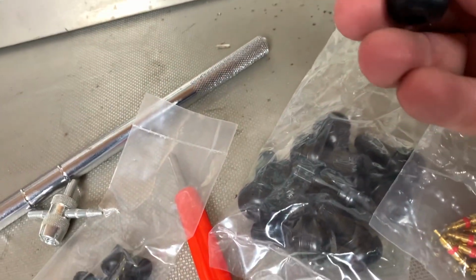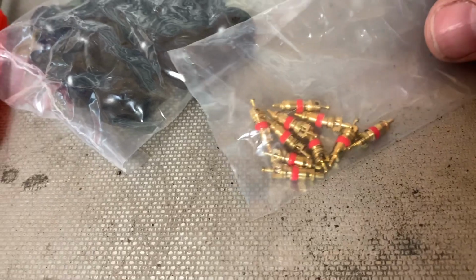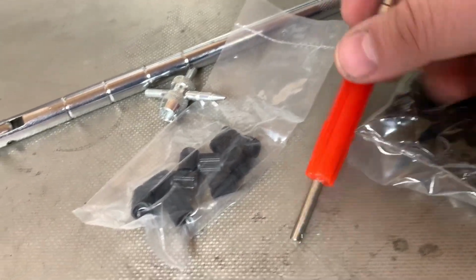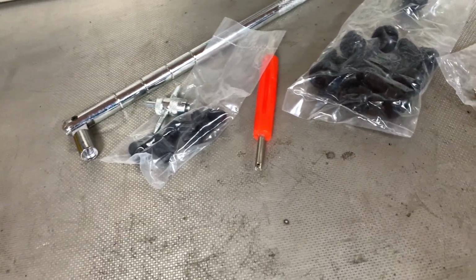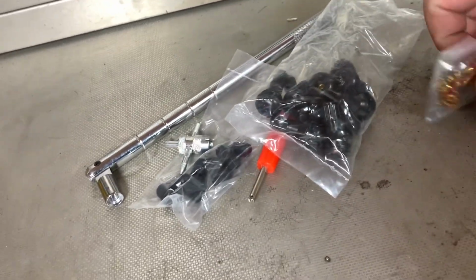So this kit comes with new valve stems. They're pretty short. Valve cores, lifetime supply probably. A tool to remove them. But this kit off Amazon was actually pretty cheap. It was like $13 or whatever. You can buy them really cheap, so